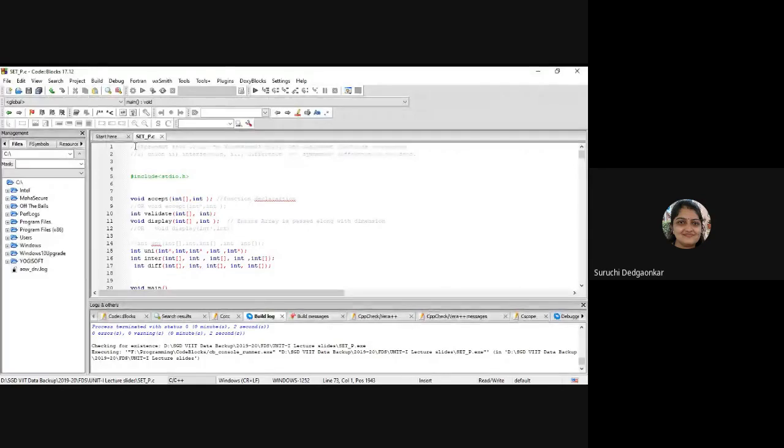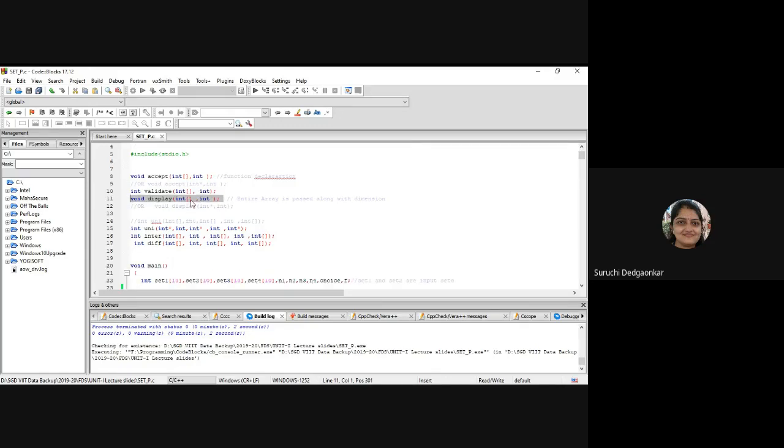Okay, so we will solve the problem using C now, and first of all we will think about accepting and displaying the input. So these two functions we will think about, and validate I will tell you in the next session. We will not concentrate on this validation at this moment, only accept and display, that is what we will do in this session. And if required, we will go for one more processing function.